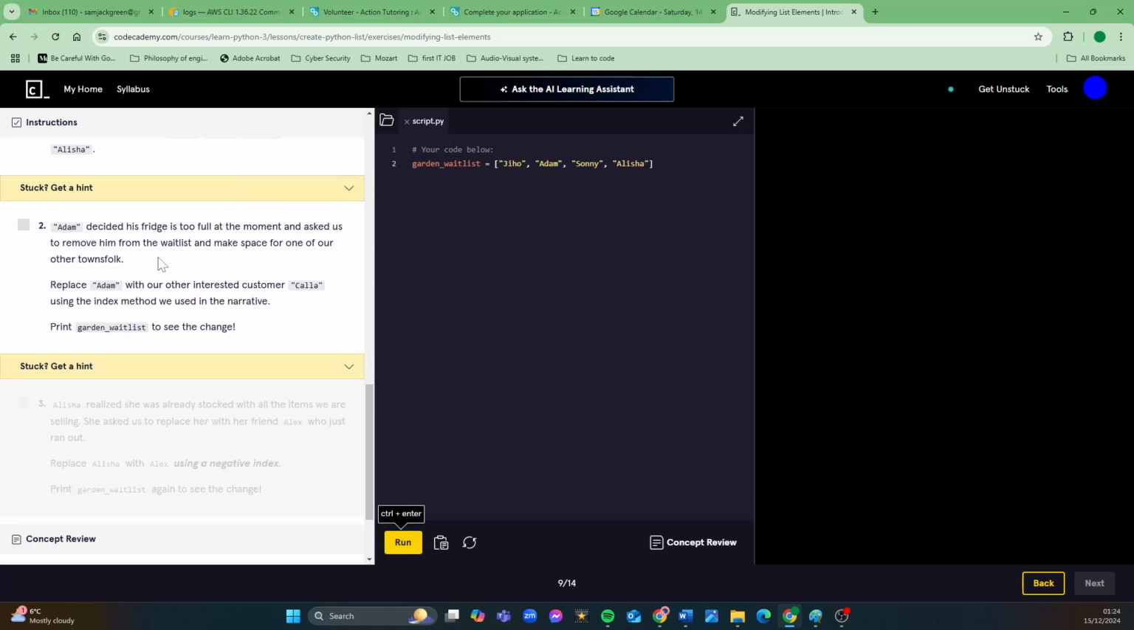Adam decided his fridge is too full at the moment and asked us to remove him from the waitlist and make space for one of our other townsfolk. Replace Adam with our other interested customer, Calla, C-A-L-L-A, using the index method we used in the narrative. Then print garden waitlist to see the change. So we need to replace Adam, which is the second item, second element. Let's use the word element